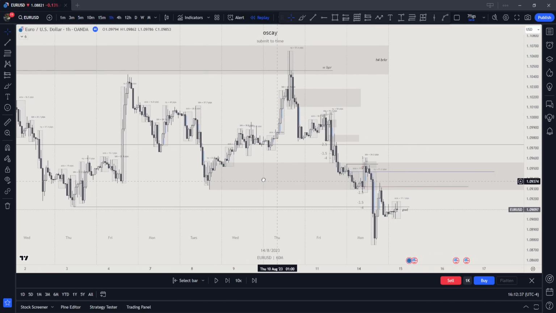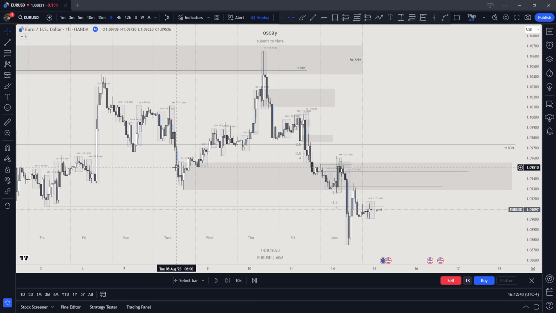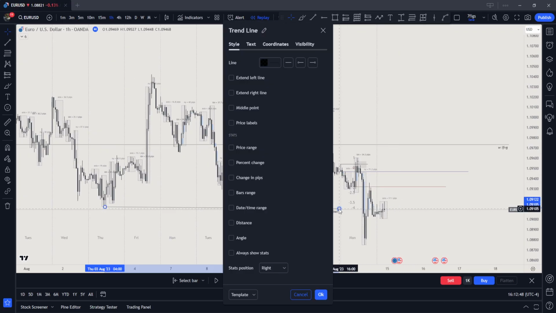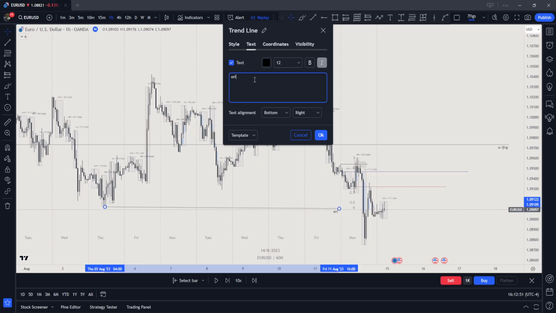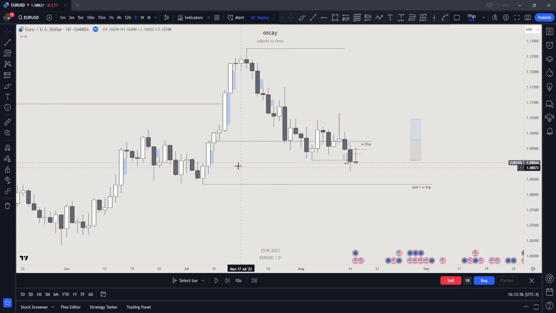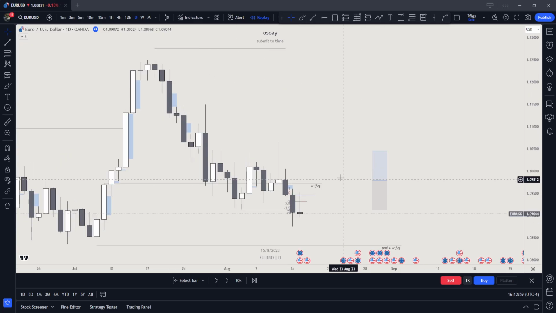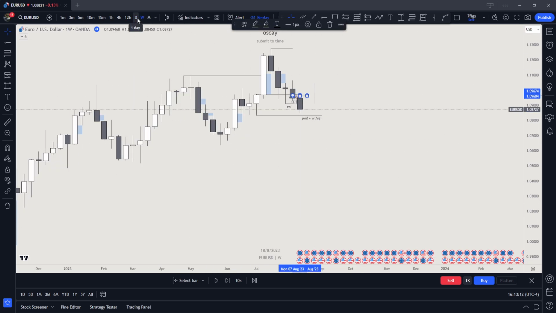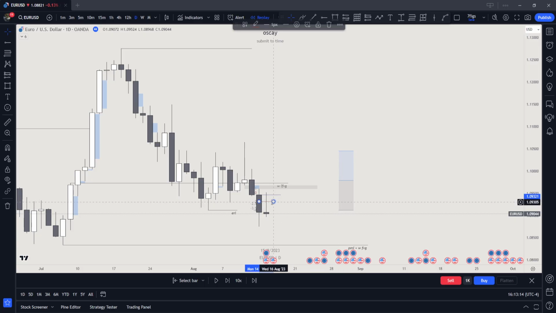Look how beautiful we sweep inside this breaker and then this plays down. This was external range liquidity. After we reach external range liquidity, we do not know if we're going to continue. But if we are going to continue, where are we going to continue to? This swing low, potentially. But we have a fair value gap right here. So if we are going to go down, where are we going to go down from? This fair value gap. Oops, I shouldn't have leaked the weekly price action, but it happens.